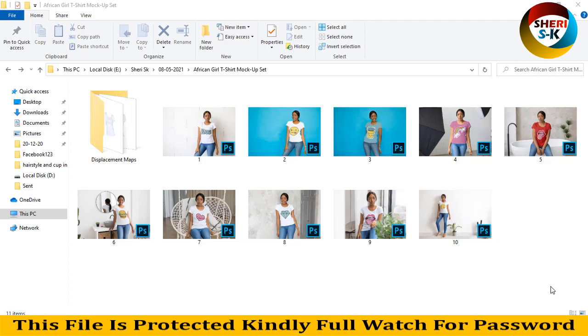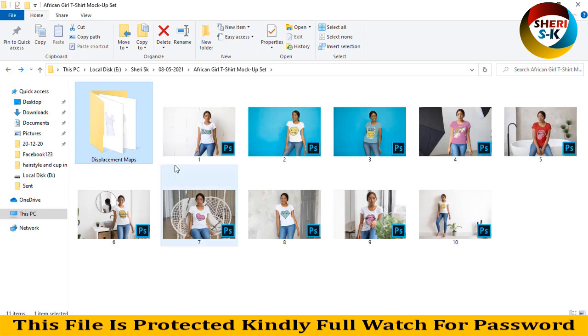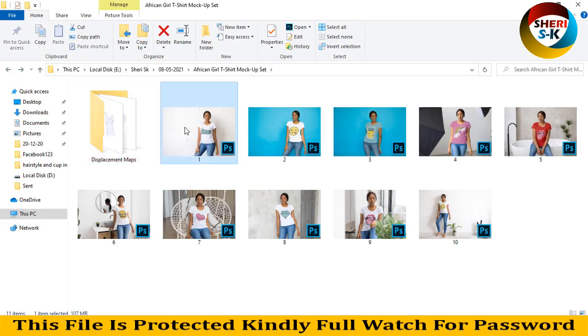And today I have an African t-shirt mock-up set. These files are PSD for Photoshop. Here are 10 PSD files and displacement maps. Depending on your own choice, you can adjust your own photo. Just drag it there. And first I drag this file to Photoshop, and sorry, I want to show you these files'